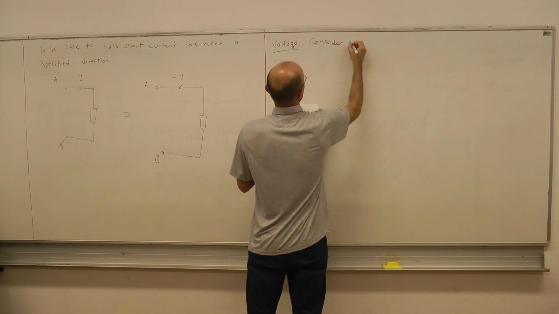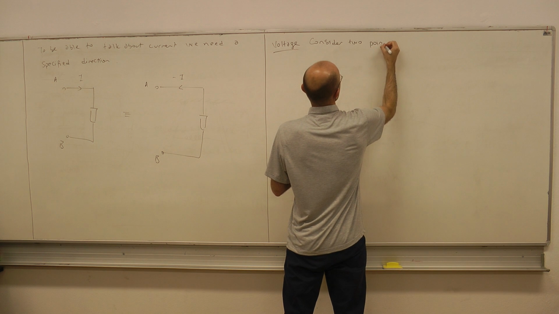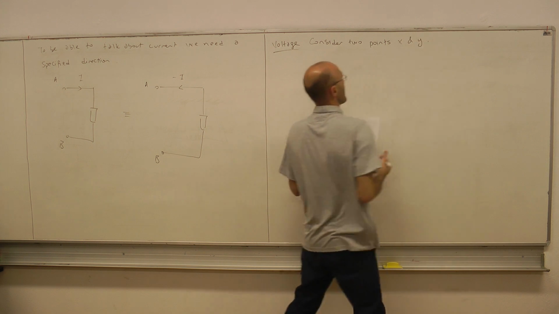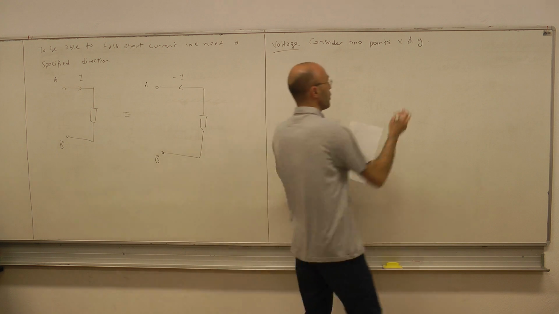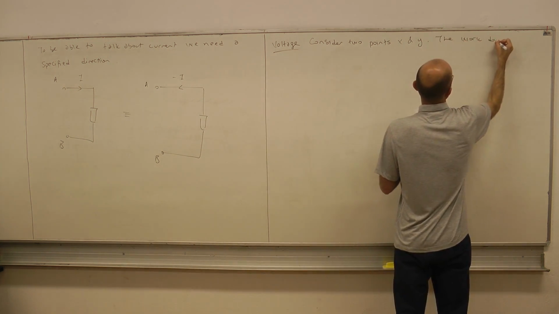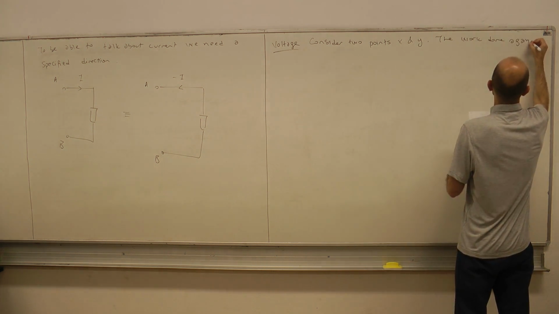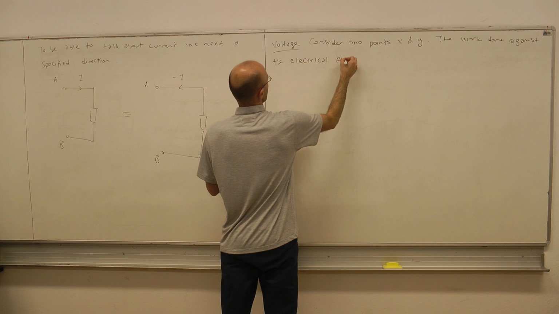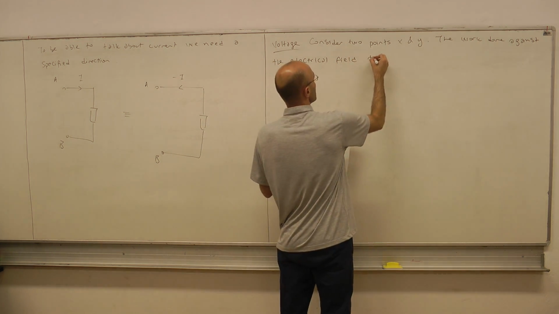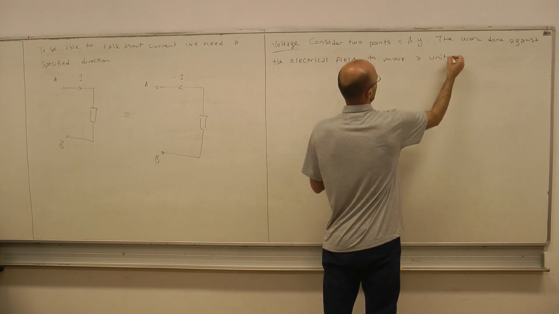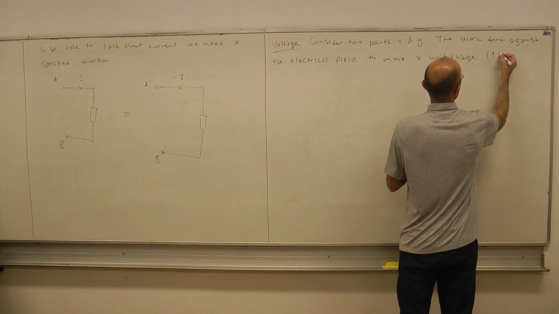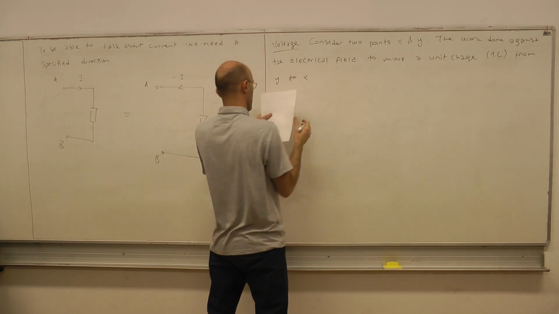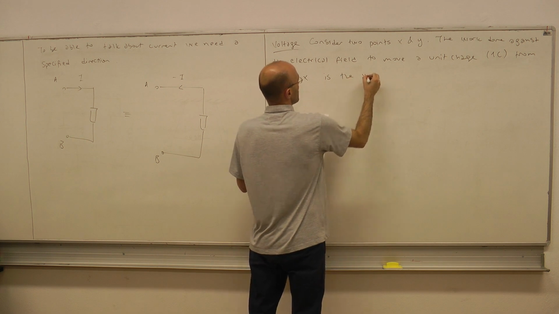Now consider 2 points in a circuit, let's say, that are labeled by X and Y. The work done against the electrical field to move a unit charge, 1 coulomb, from point Y to point X is what we call the voltage,